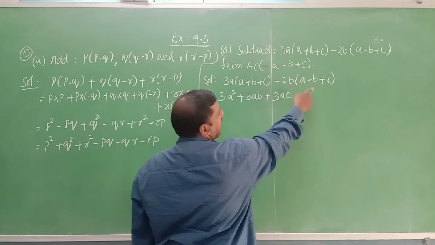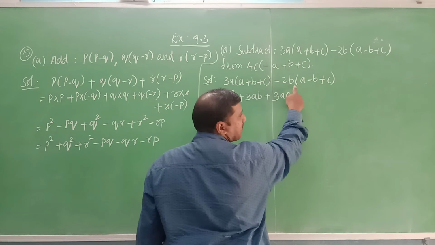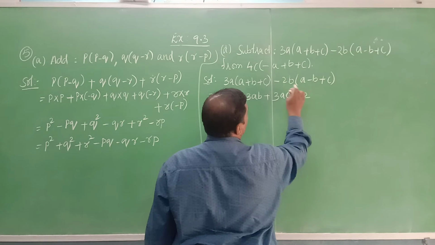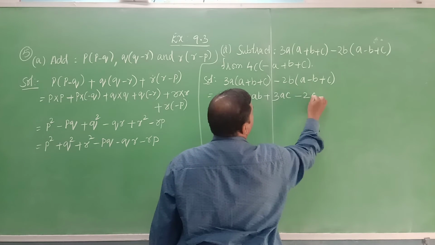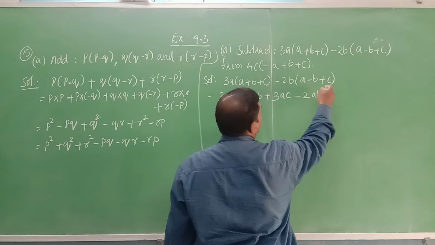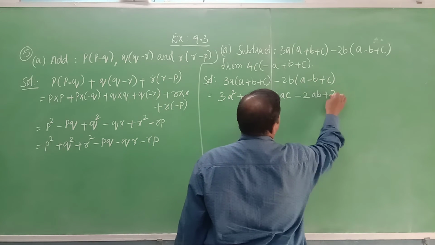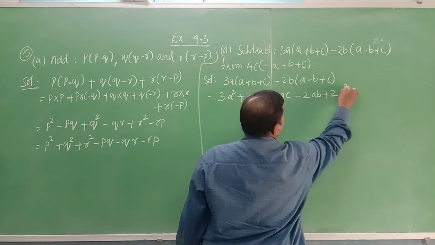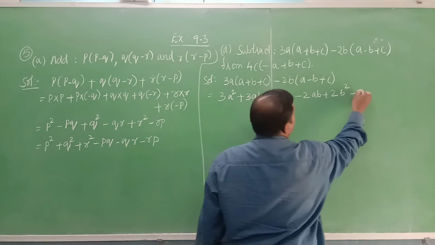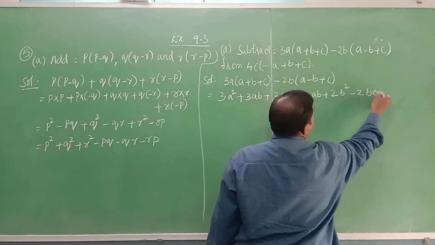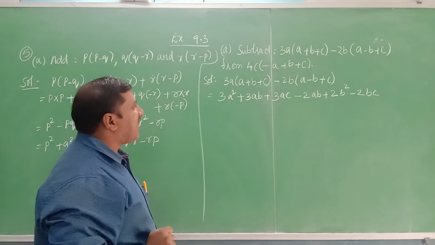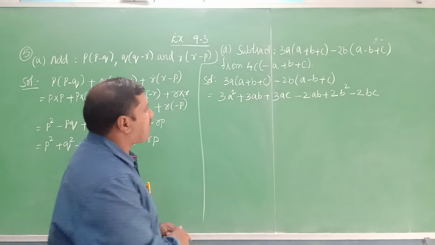Now the second expression, minus into plus is minus, 2 into 1 is 2, b into a is ba or ab, both are the same, then minus into minus is plus, 2 into 1 is 2, b into b it is b square, again minus into plus it is minus, 2 into 1 is 2, b into c it is bc. We got these products. Now identify any like terms. If you find any like terms, you can simplify those like terms.